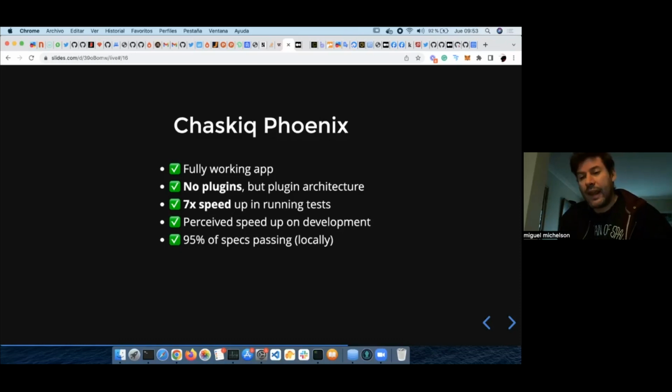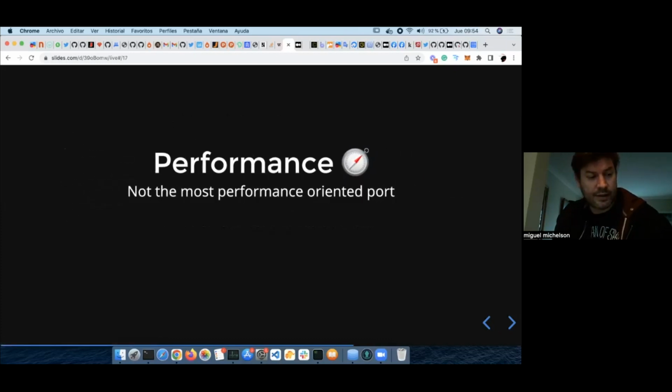I didn't implement any plugins, but I did implement the plugin architecture that will support plugin creation. A 7 times speed up in the test suite, which is really fast, and a perceived speed-up in development, and about 95% of specs passing. So that's really good.